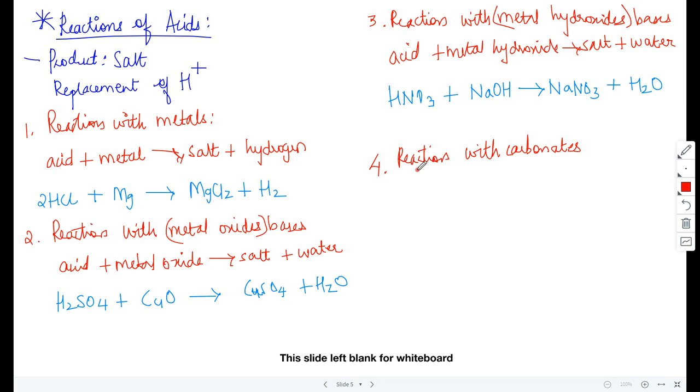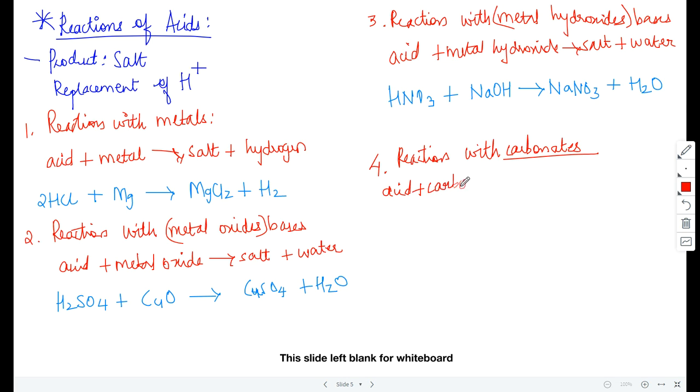Okay, reaction with carbonates. Earlier we had only two products, a salt and water. But now we get a salt, water and carbon dioxide, because we are dealing with carbonates. So the general reaction will be